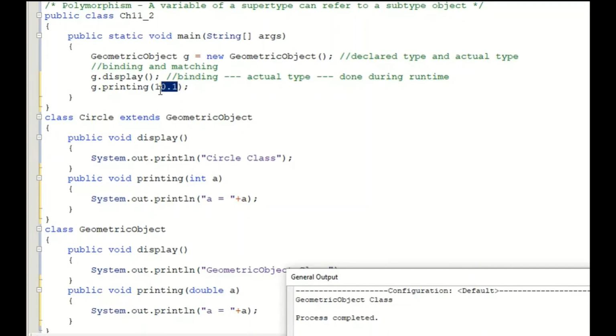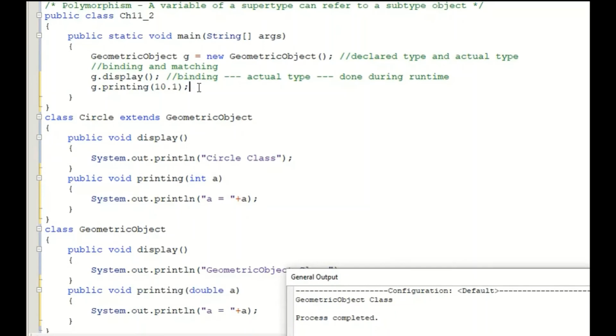So by the parameter, the compiler is able to decide which method is called, because I have two printing methods. The compiler can understand and match which printing method this statement is calling. So this method call is matched to this method.